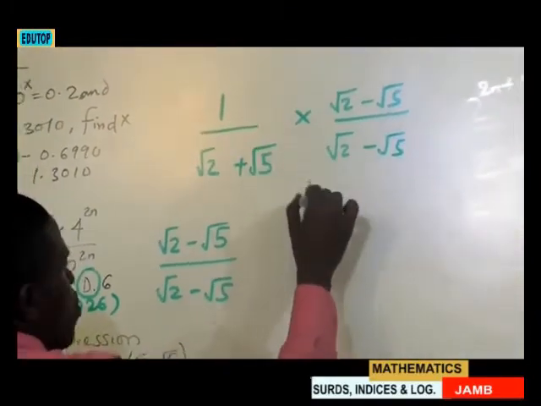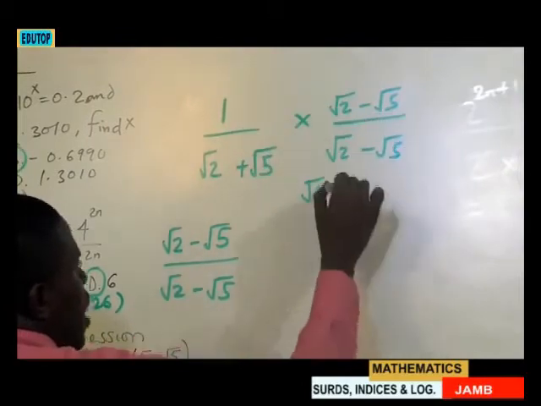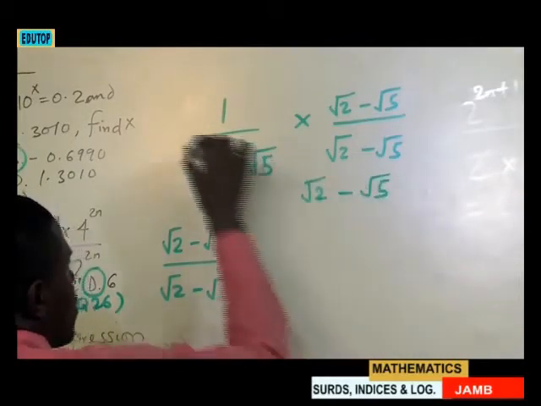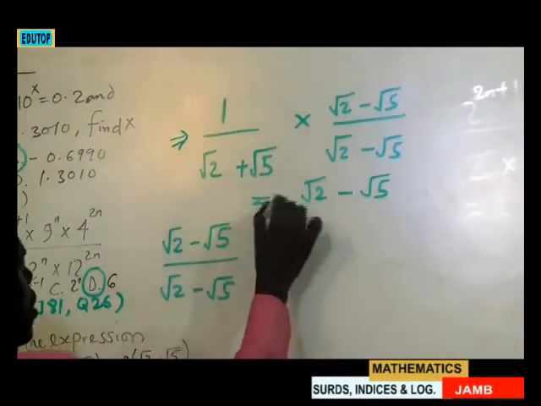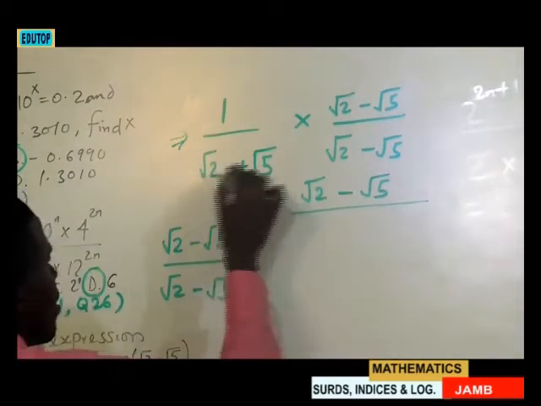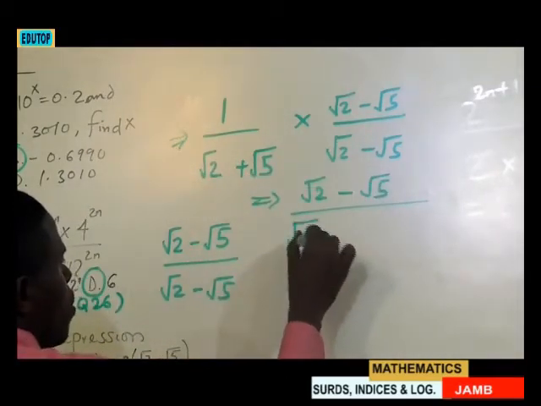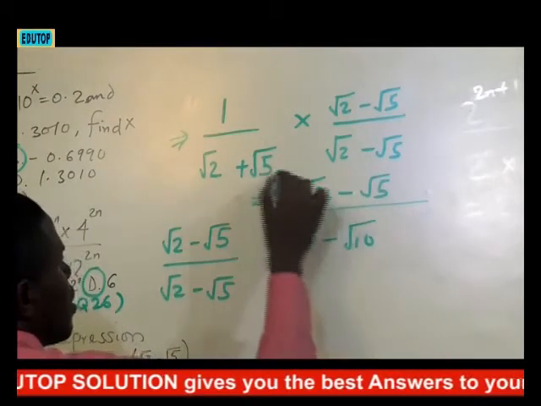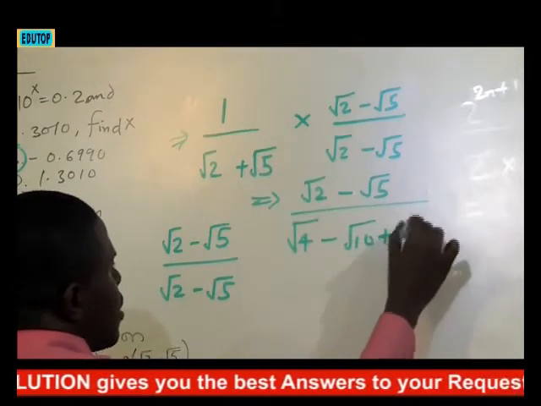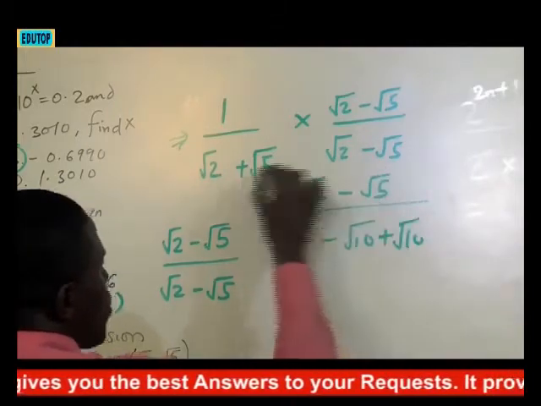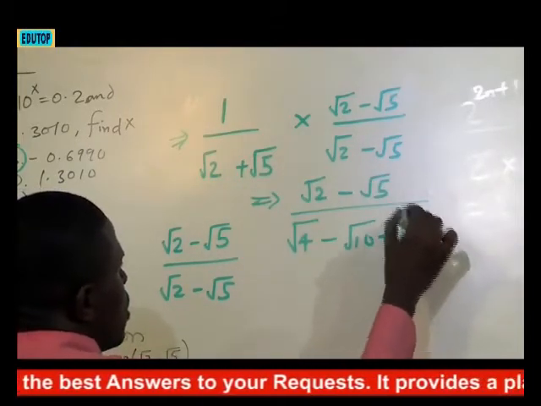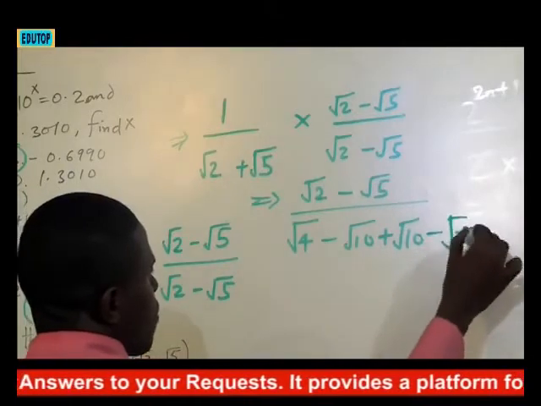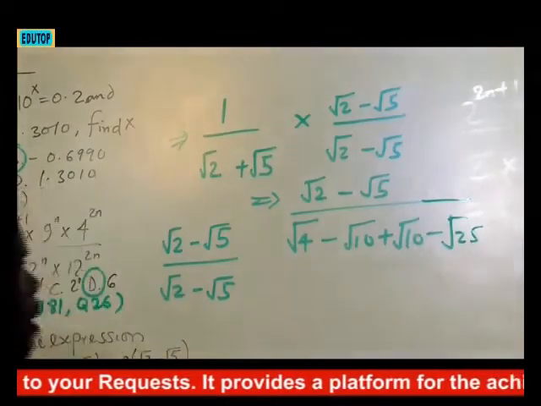This times this, I have root 2. This times this, I have minus root 5. So I'll simplify that to numerator one. Then I come to the denominator. This times this has root 4. This times this, minus root 10. This times this, plus root 10. This times this, plus times minus is minus. Then this times that is root 25. So I'm going to have